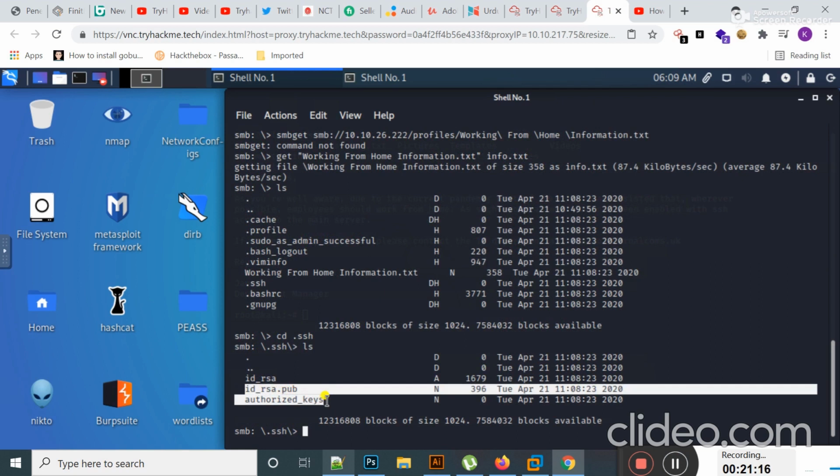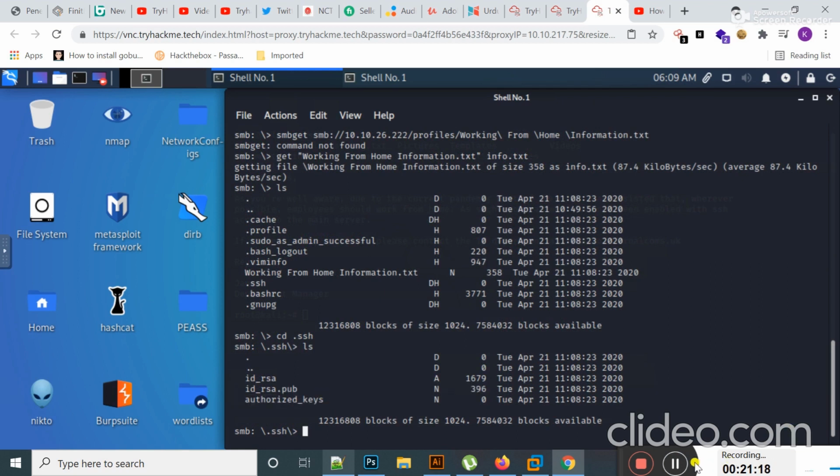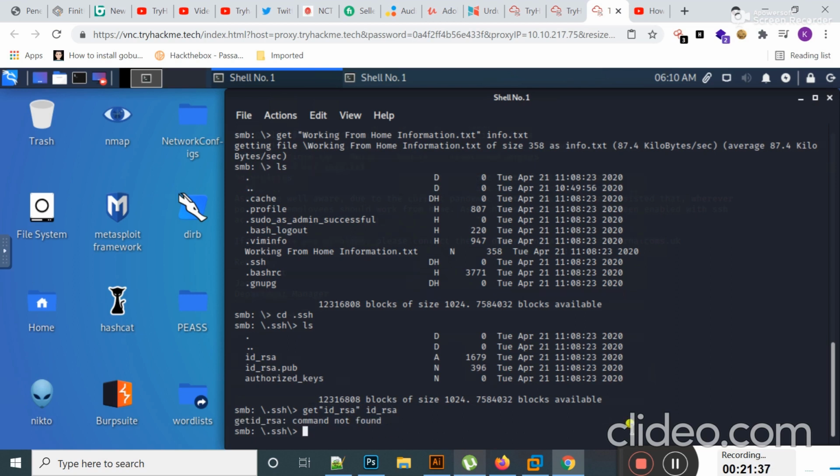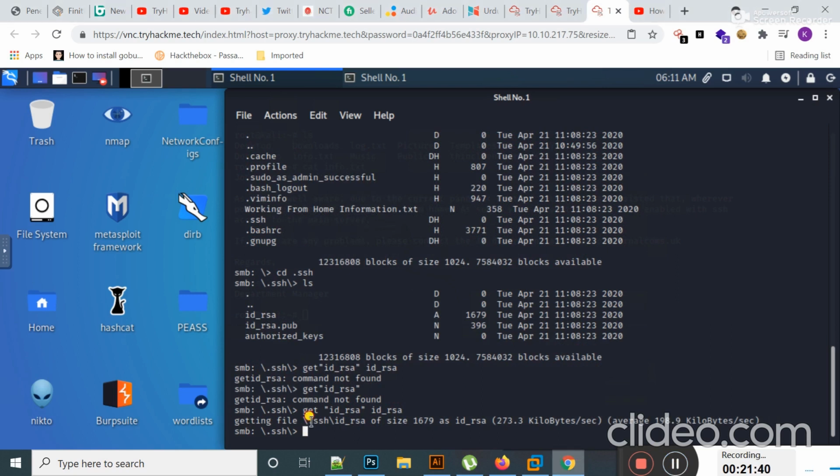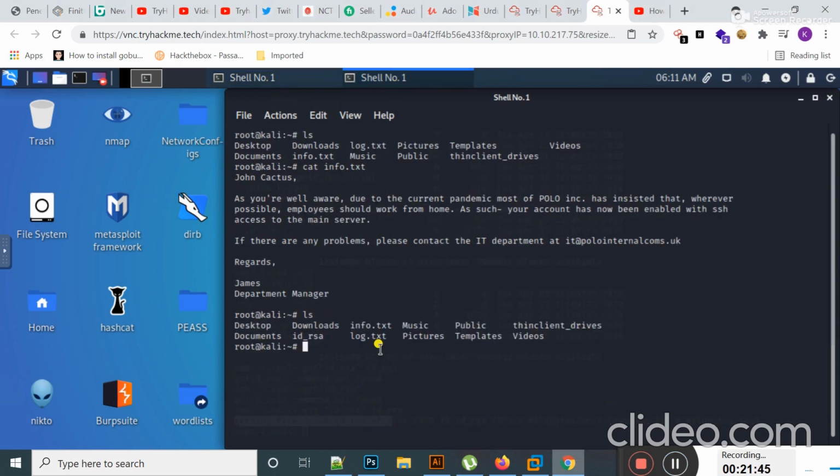Okay, now we know this. What directory on the share would we look in? So let's move here. If I type ls, here you can see .ssh. If I type cd .ssh and hit enter, and type ls and hit enter, now guys you can see that here are the private and public keys, which is helpful for me.